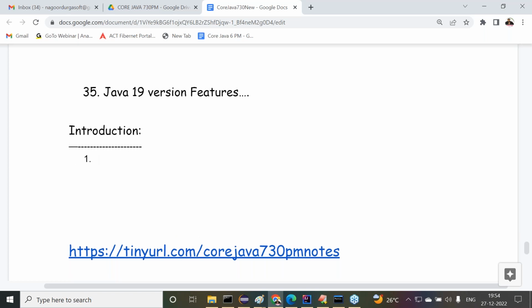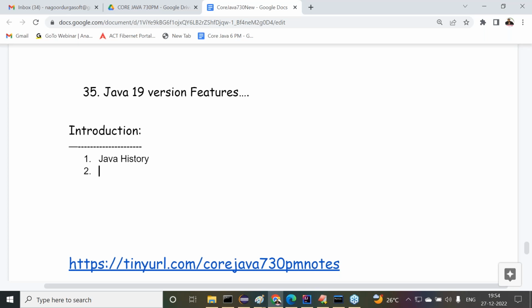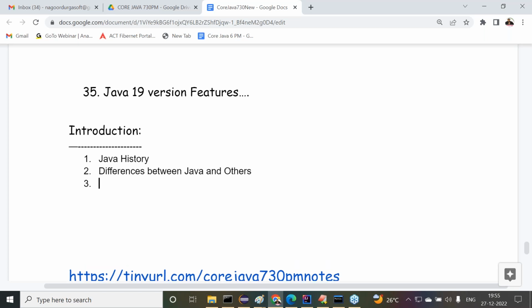The very first topic inside the introduction is Java history. Second one, after this Java history, is differences between Java and others. Third one is after this.